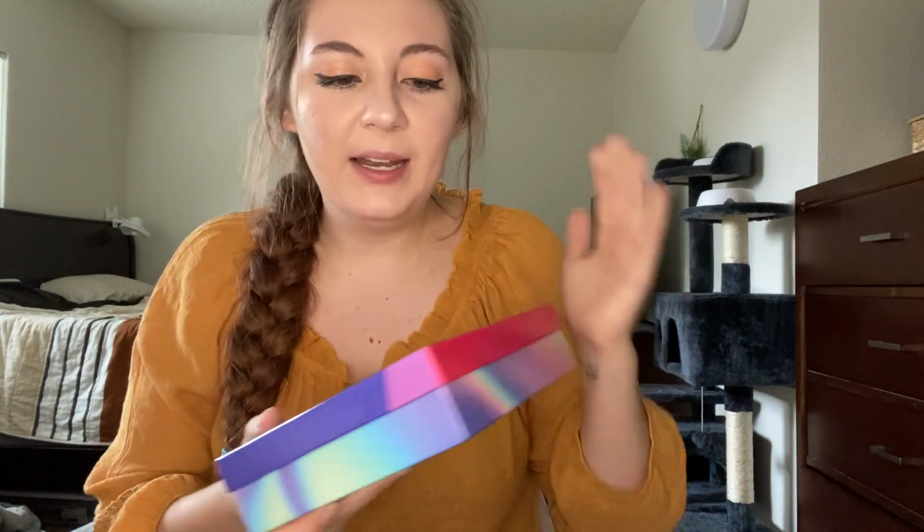As always, the first thing I want to say is I love the packaging. This one is super cute. But anyway, I know a little bit about this box. It showed a preview when I was ordering it, and this is all about nails. As you can see, I don't do my nails, so this box wasn't for me,